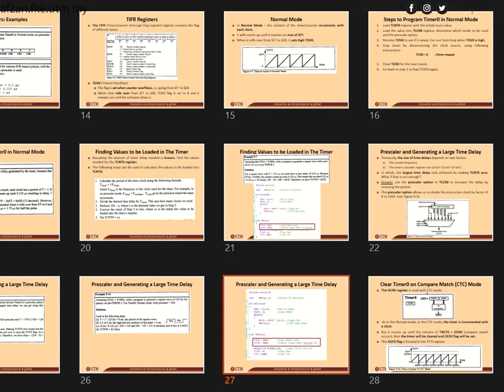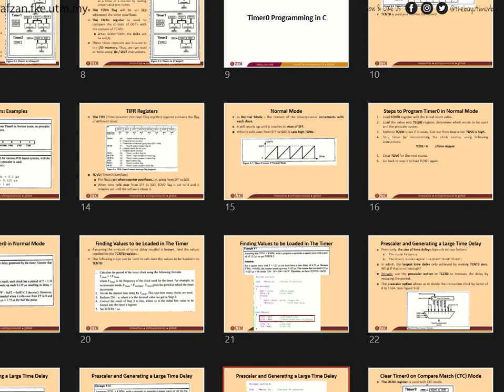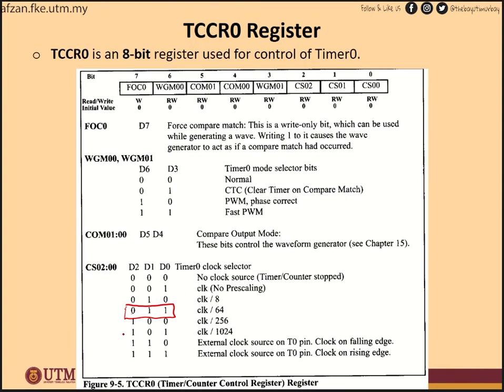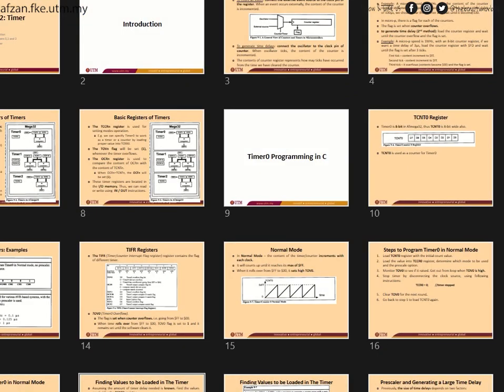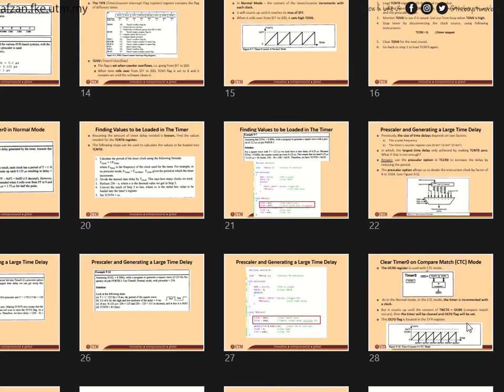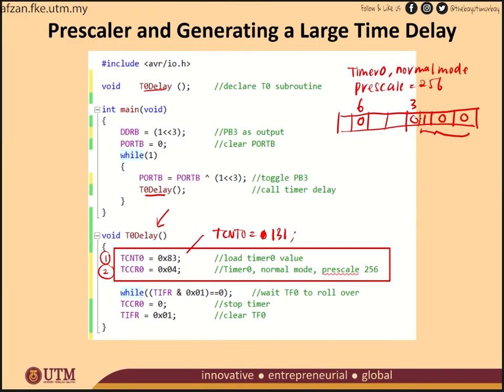For the 256, the value that you need to put is 1 0 0. The rest you just put 0 0, and this is the value that you can put, which is equivalent to 0x04. So TCCR0 equals 0x04, which means you use timer 0 normal mode